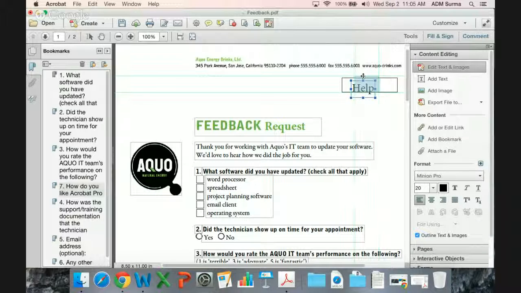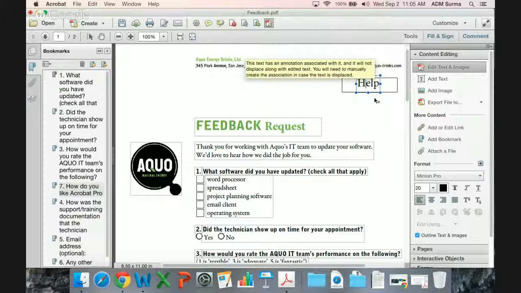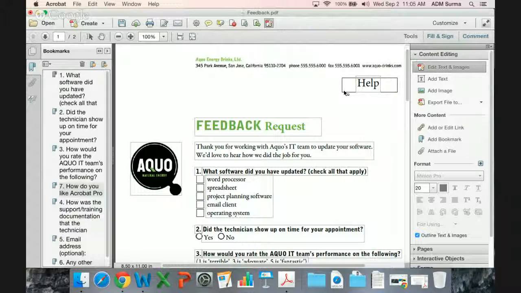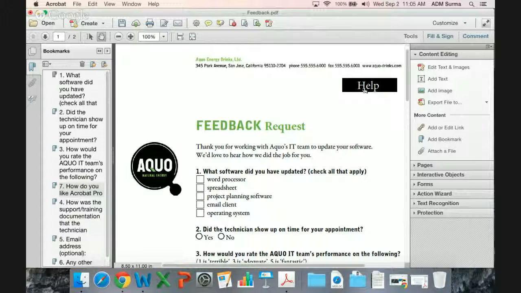Can maneuver it inside there. So it's inside. And now when I go back to my hand tool, this button here becomes that help button,